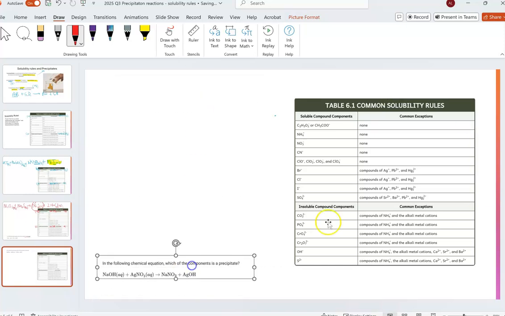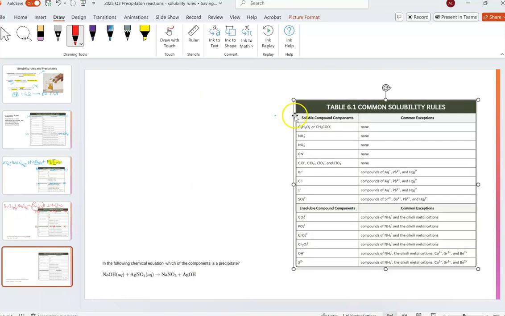Let's try and do one more here. Put it down here. Again, soluble is